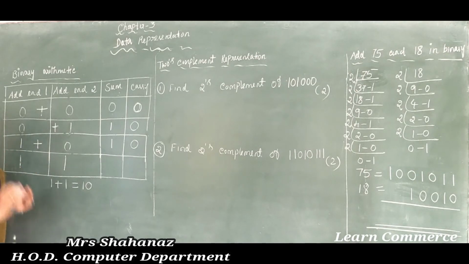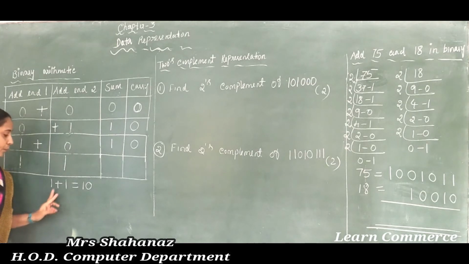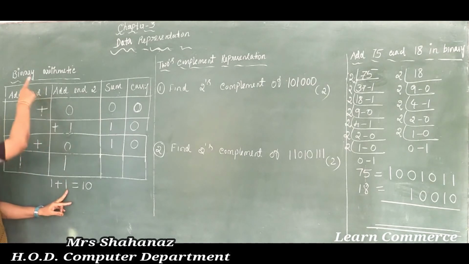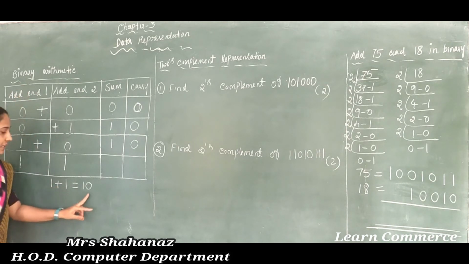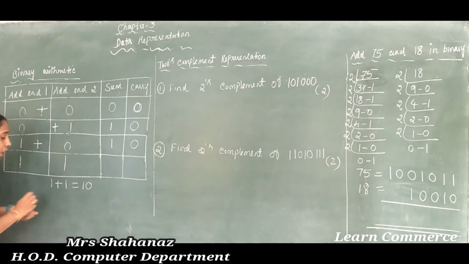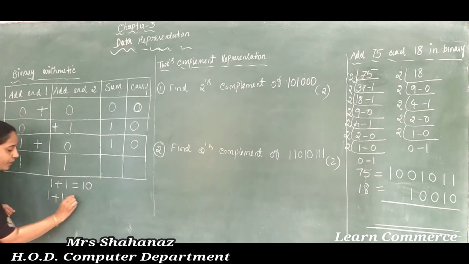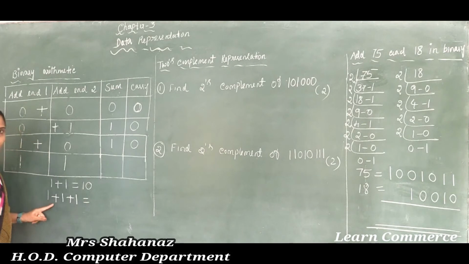Whenever we do our normal addition we say 1 plus 1, but you have to remember it, now we are in binary arithmetic calculation, so always remember it, 1 plus 1 is equal to 10 only. Or 1 plus 1 plus 1, the actual value is 3, but in our binary arithmetic, 1 plus 1 plus 1 is always 11. Clear this point here? Does everyone understand?